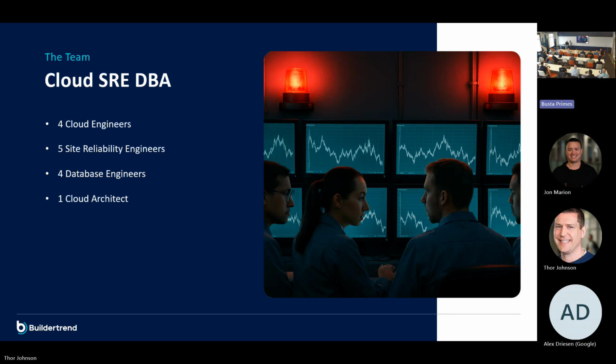Yeah, well said. Important to note, I didn't really touch on this, but Thor mentioned the monolith. That is kind of our focus here. The Buildertrend product is much the same as it was many, many years ago when we were founded. We're starting to break pieces of it off, more service-based rather than monolithic. And so that's what we're trying to focus on today, hopefully it resonates with many of you that have legacy applications, and how you might be able to get that into something serverless like Cloud Run.